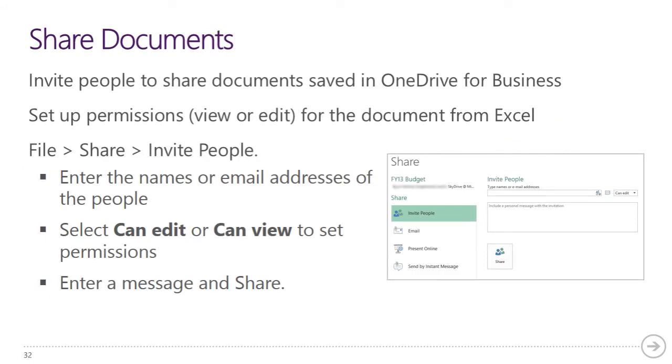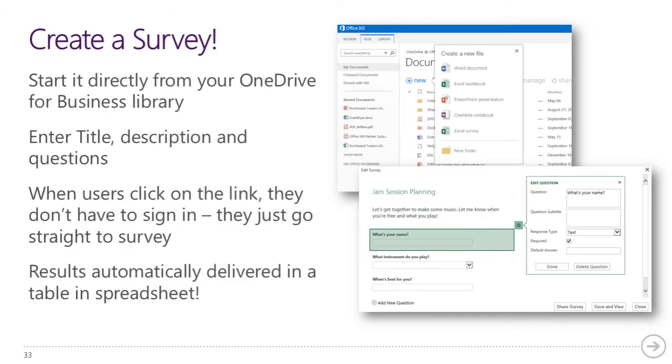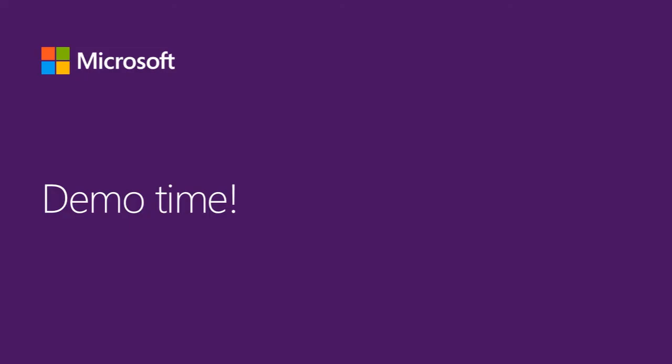Then using that same tool, you can actually share documents. Any documents that are shared within these environments or stored in those environments can be shared with others internally or externally based on how things are configured, and I'll talk about that. And then you can also very easily create a survey. And this, I think, is very nice. It'll create a survey using Excel on the back end, actually using Excel Online, but then you can pull it down into your local Excel and manipulate and do what you need with the data based on the survey that you created. So with that, I'm going to go back to desktop sharing and quickly demonstrate these